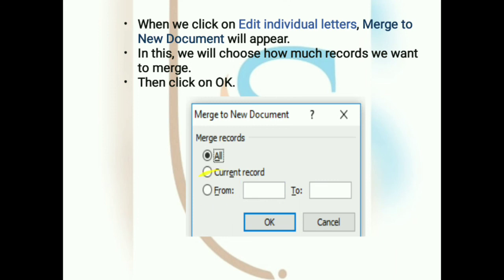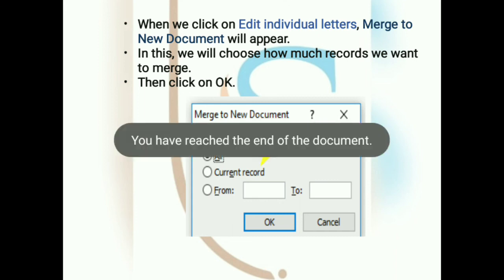Then we will go to the from option and write 4 to 7. Then we will click on the OK button. It means letters will be prepared for the fourth, fifth, sixth and seventh records. When we click on the OK button, these letters will be prepared. So this is our mail merge.